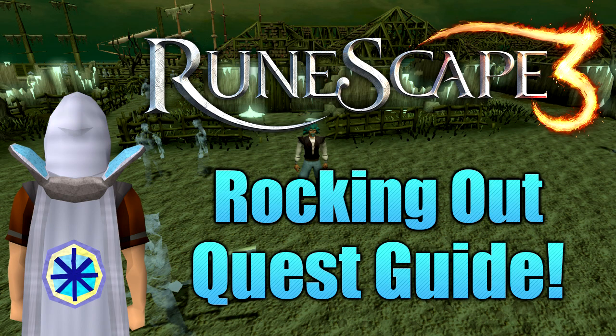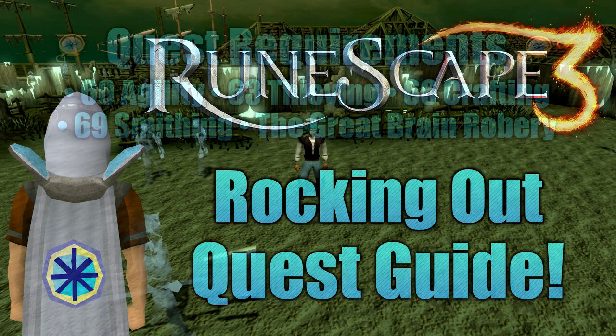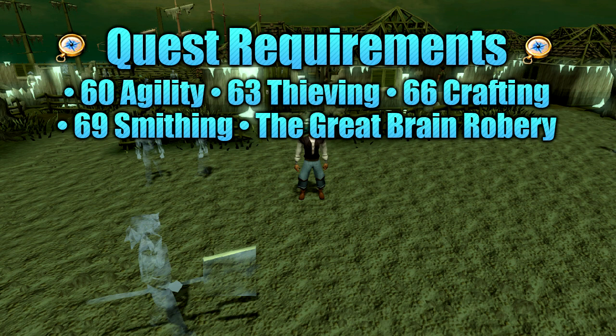It's Hightower 5000 here today, bringing you a Rokcing Out quest guide. The requirements for this quest are 60 agility, 63 thieving, 66 crafting, 69 smithing, and you must have also completed